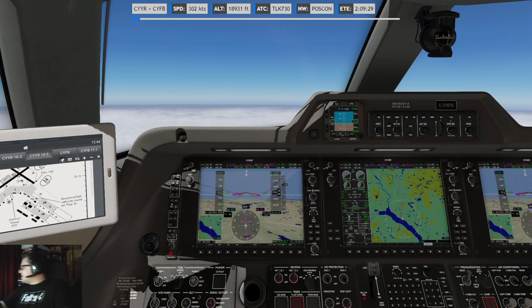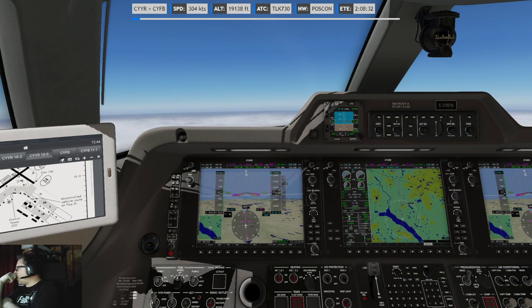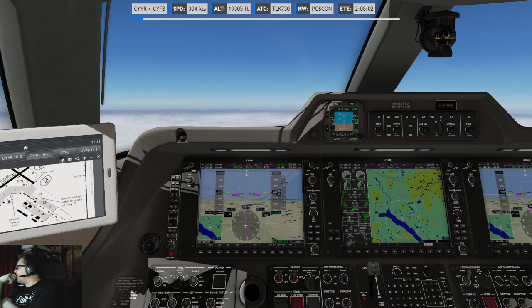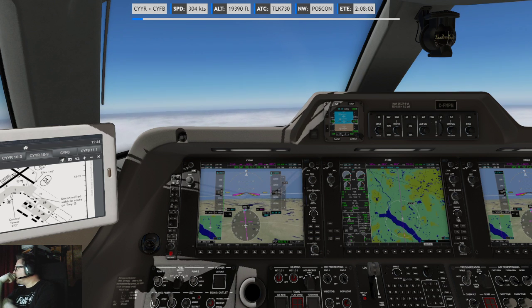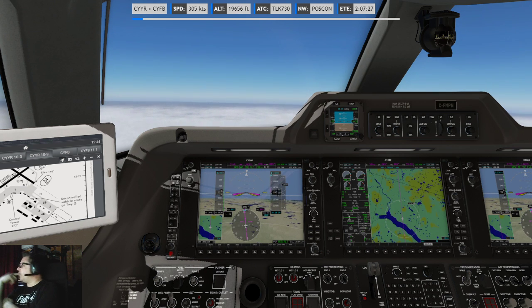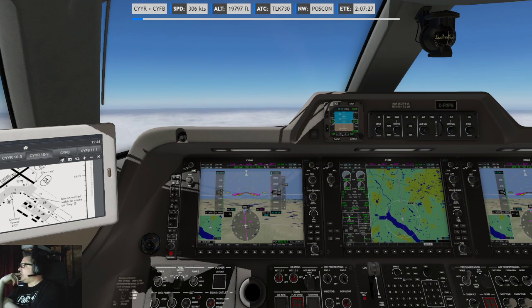Oh, and the weather is crapping out in Iqaluit. Winds are broken 800, broken 3500. Altimeter is up there, 30-33. Winds 140, 17, gusting 22 ish. And we're landing 3-4?